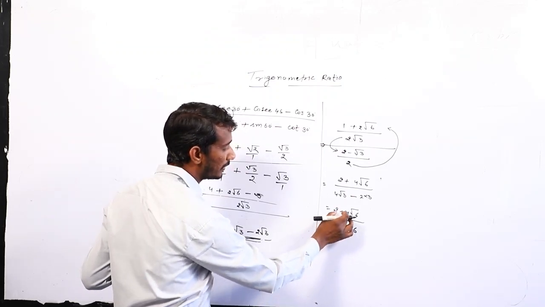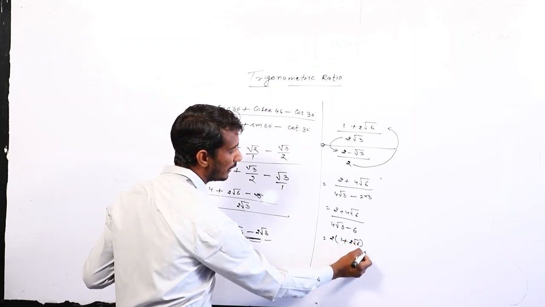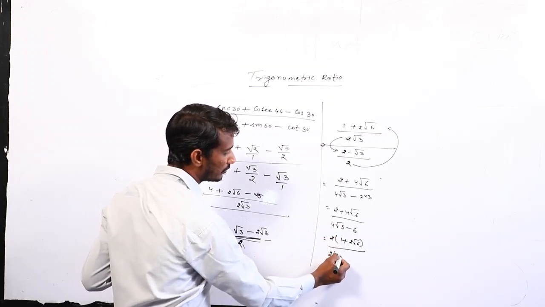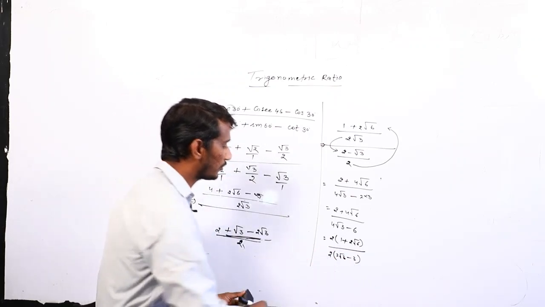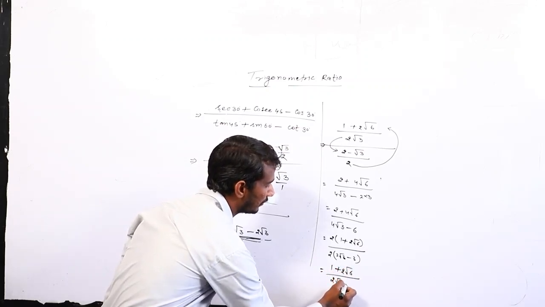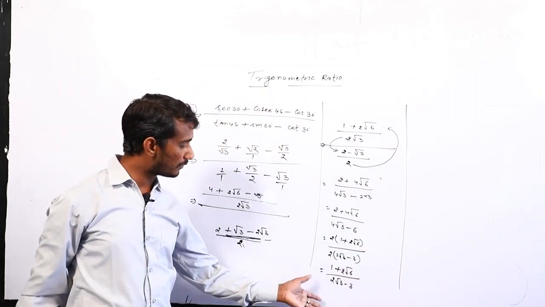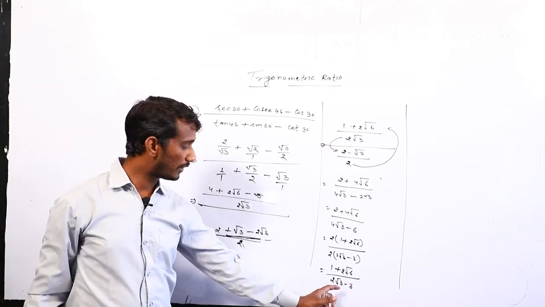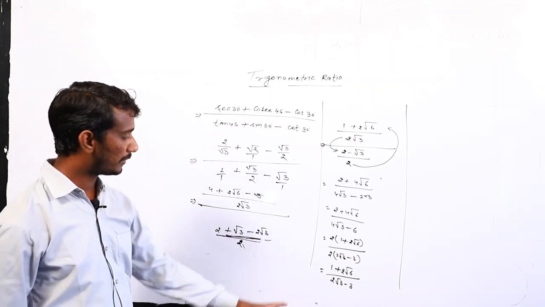By the common part, here 2 is common, so remaining value is 1 plus 2 root 6, and here the common part is again 2, so remaining value is 2 root 3 minus 3. So 2 and 2 cancel here, you can say divide one time, so remaining value is again 1 plus 2 root 6 upon 2 root 3 minus 3. Okay student, I think you have this half solution, because this is not the proper solution, because the denominator comes in irrational form, so we need to rationalize the denominator, so we need to multiply by the conjugate number.